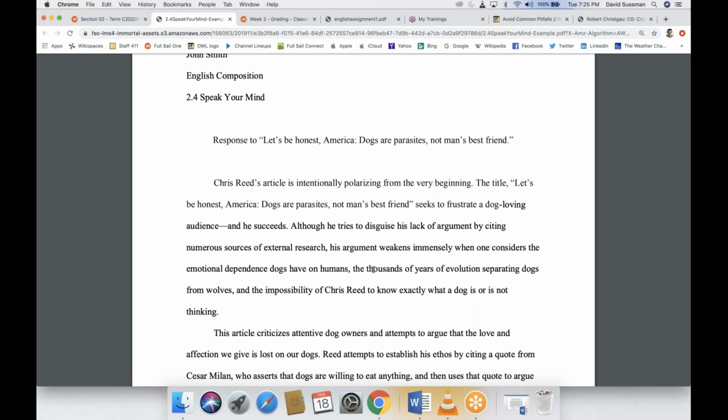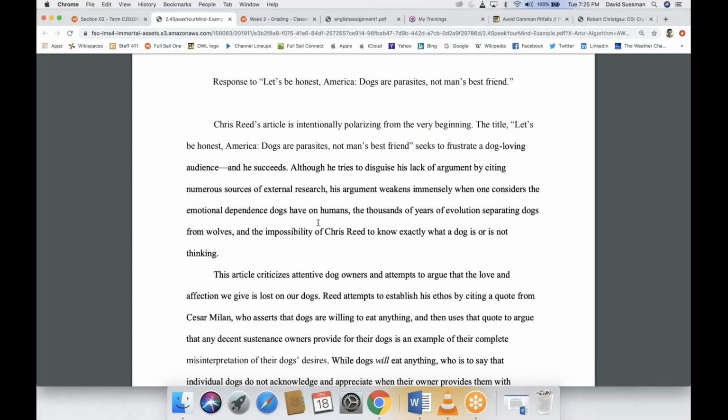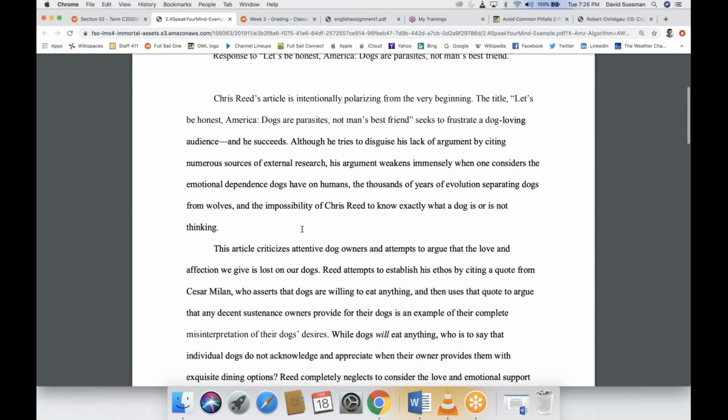generalized statement that just communicates that you agree, you disagree, or somewhat disagree, or somewhere in between. You should find, I think, more subtle language than just saying I agree, I disagree, I'm somewhere in between. But your sentence would communicate that sentiment. And then that's what this person does.